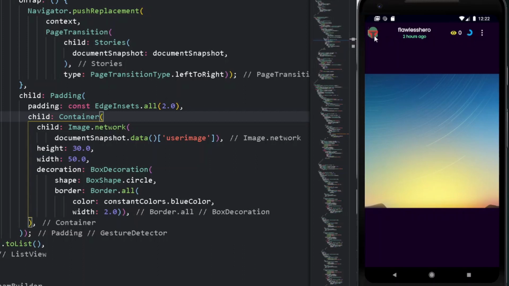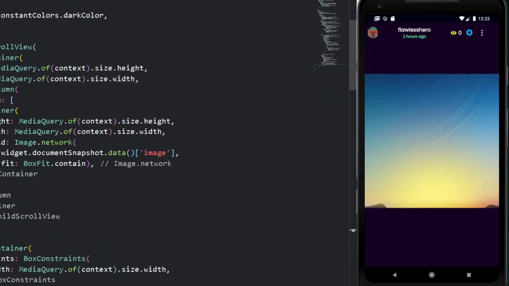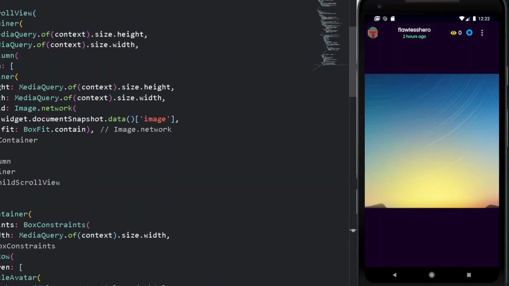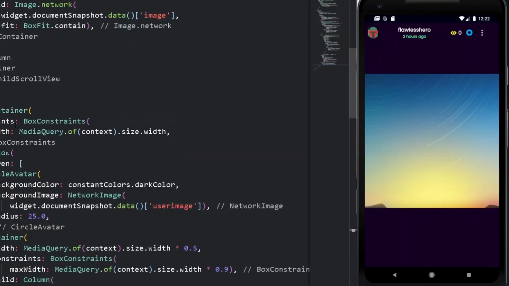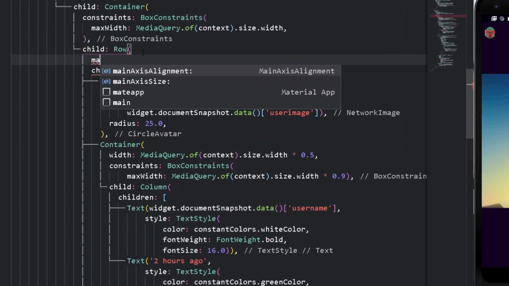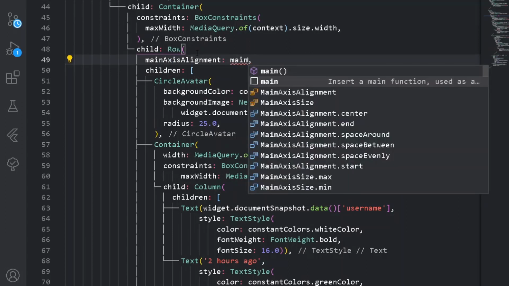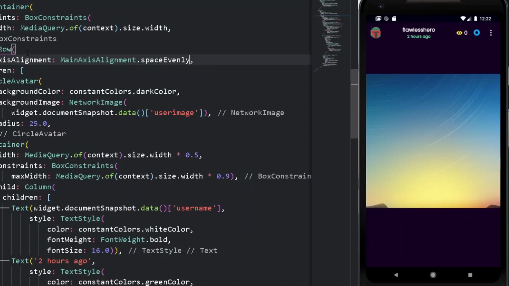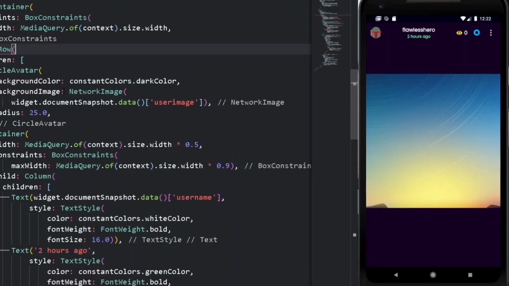Also we are getting all of the data that we have set up, but here we are getting somewhat different things. So now let's fix them. So first of all, if you observe, we have the loader here, which is working fine as well. So now under our position, if you observe, we have our child to be a row. So here let's have a property of main axis alignment, main axis alignment of space evenly. Let's check it out. Cool, but we don't need this, so we can remove it from here.